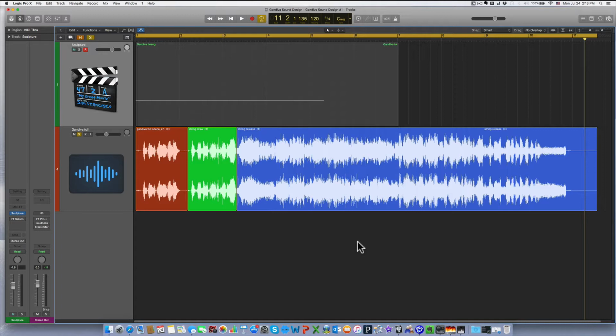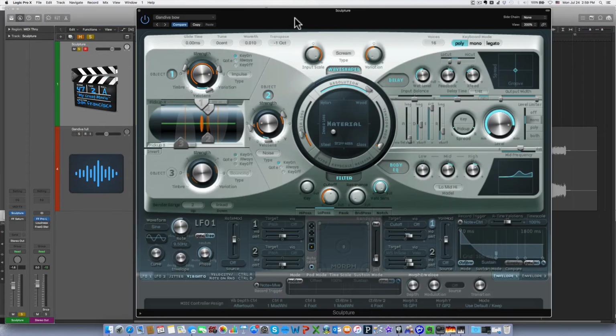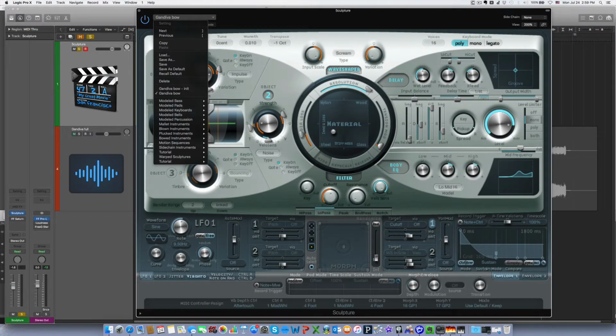Now, Sculpture comes bundled with Logic, and it's a deep and flexible tool. This is really not a full tutorial for it. Rather, I will briefly go over the Gandiv release sound as was implemented in Sculpture. I have Sculpture up now. What I'm going to do is pick a preset which zeroes out all of the settings for this particular